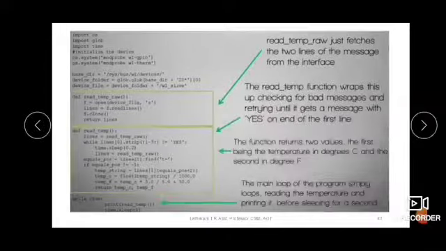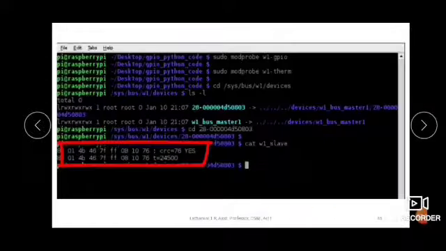So here you can see what will be there in that file. These 2 lines will be there in that file which will be read.